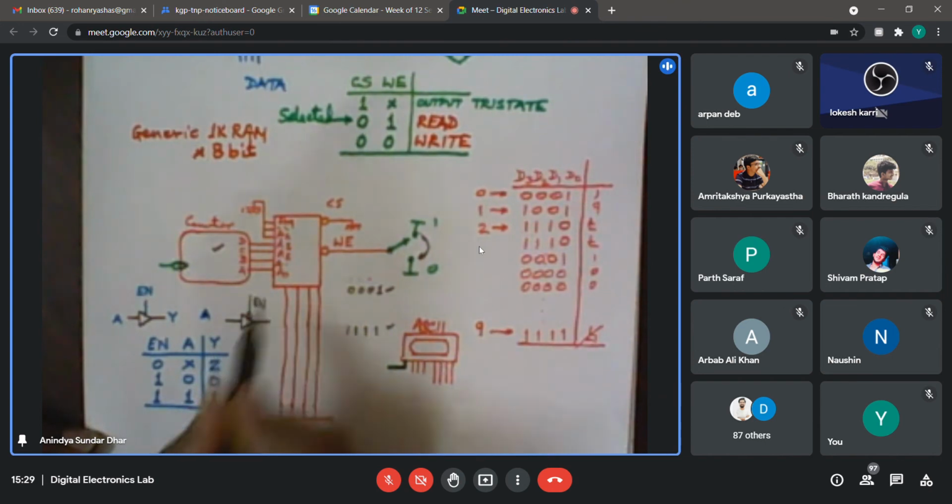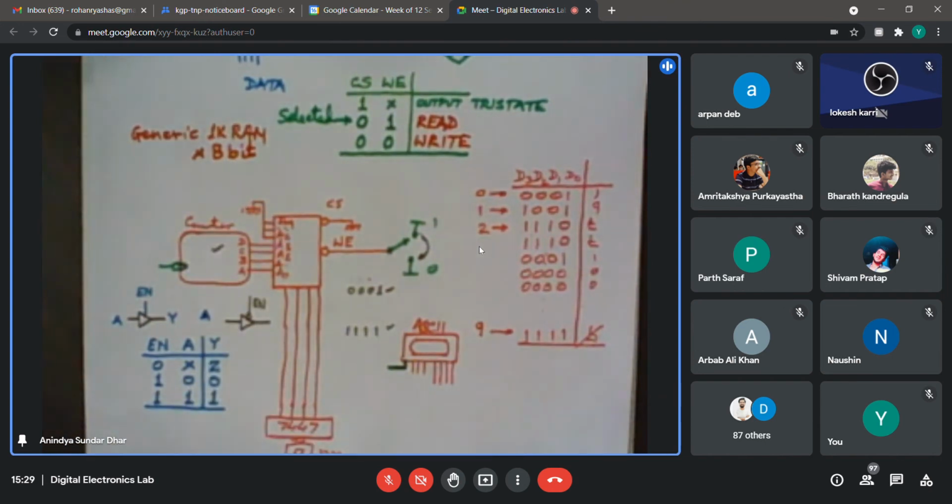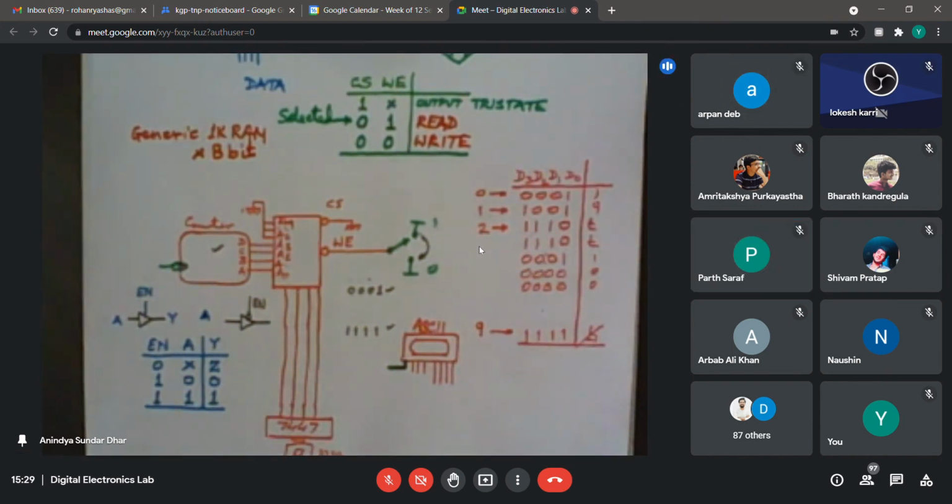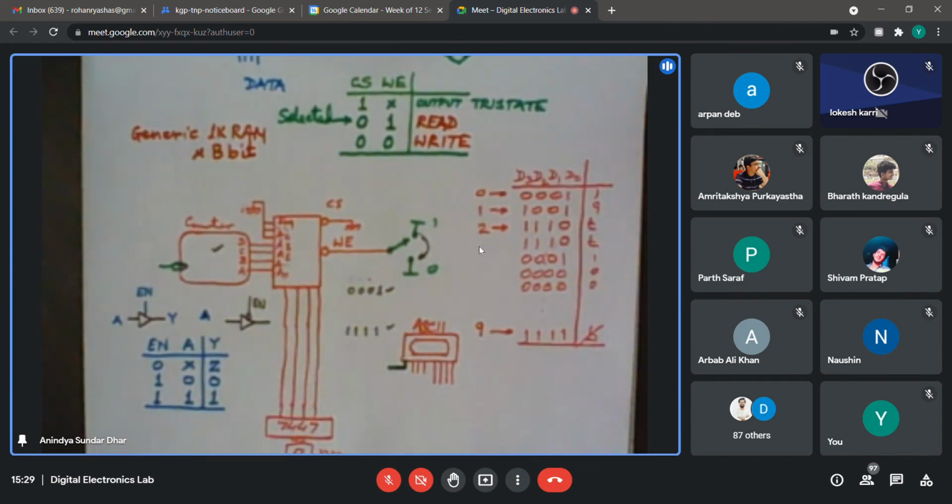You can also have a chip with a symbol like this, enable. Looking at this symbol, how is it different from the first one? It is enable bar. You require 0 rather than 1 to activate it. So if enable is 0, A will be communicated to the output; otherwise it will remain tri-state. So we can use either one.